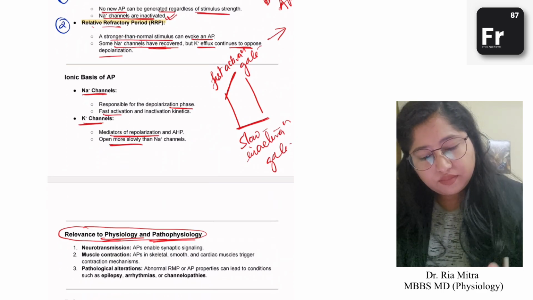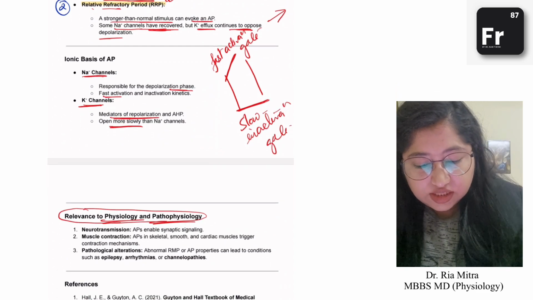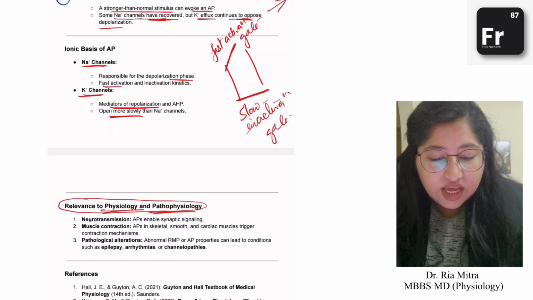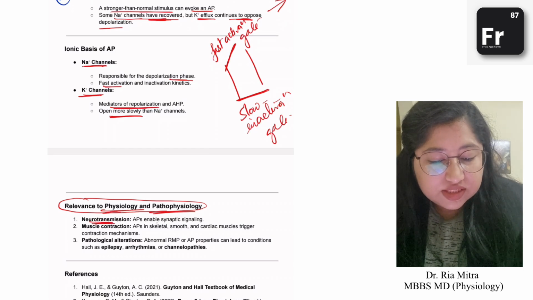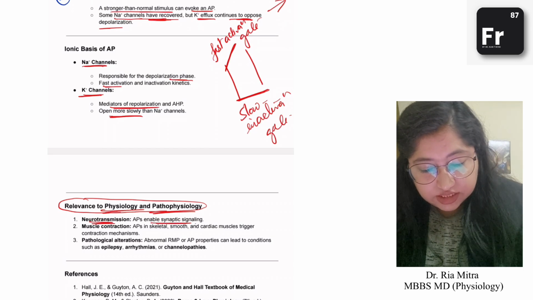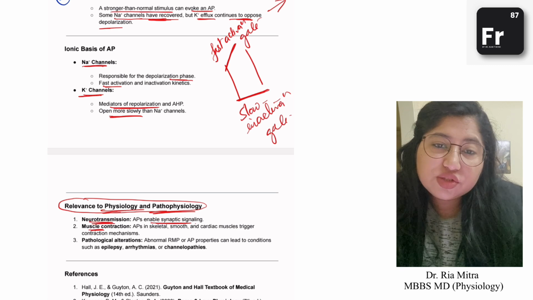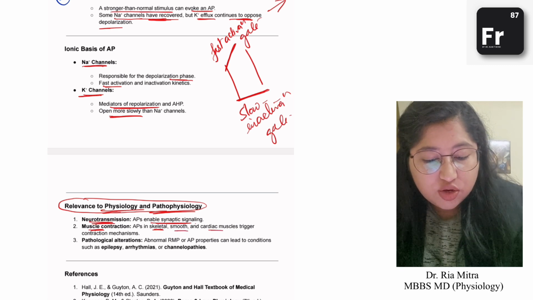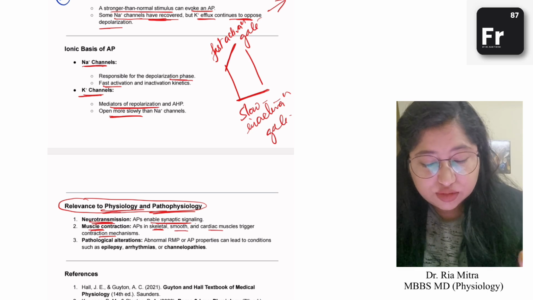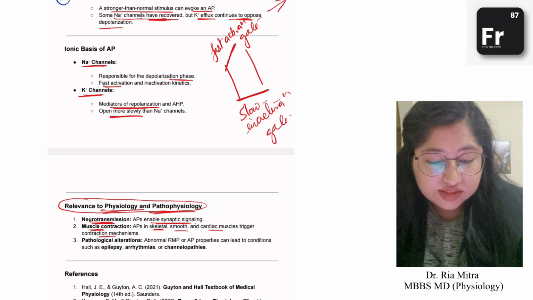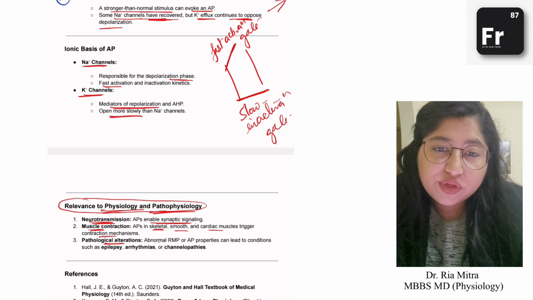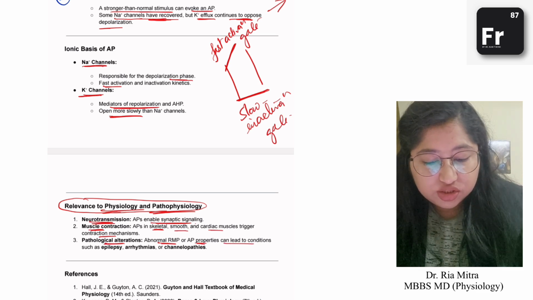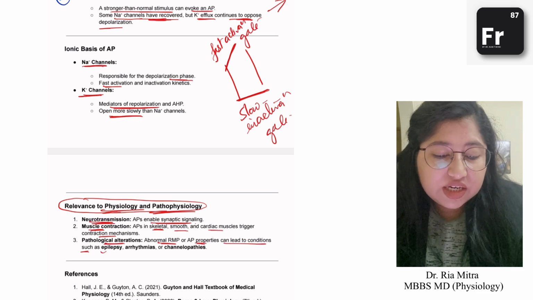right? Now, coming to action potential and resting membrane potential, the relevance is in neurotransmission. Action potentials enable synaptic signaling. Muscle contraction: action potentials in the skeletal muscle, smooth muscle, cardiac muscle trigger the contraction mechanism. Next is pathological alterations. Abnormal resting membrane potential or action potential properties can lead to conditions such as epilepsy, arrhythmia,